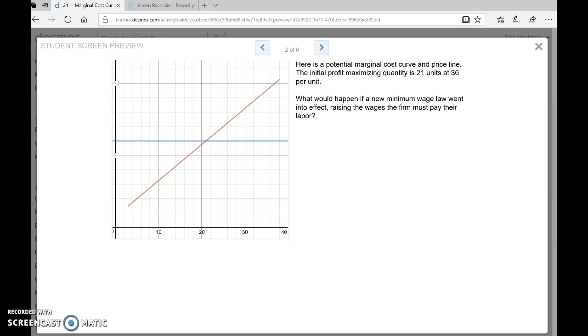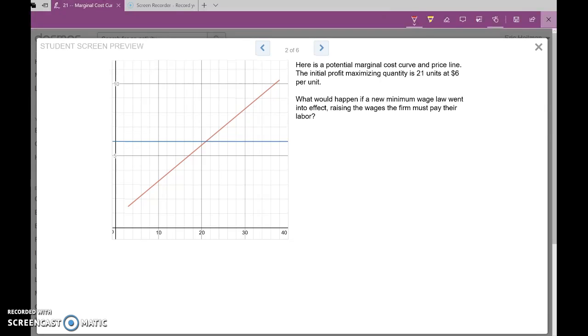Okay, so here is a potential starting off point. In this graph, our marginal cost is on the vertical axis,